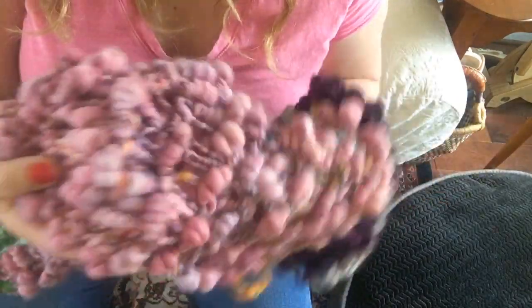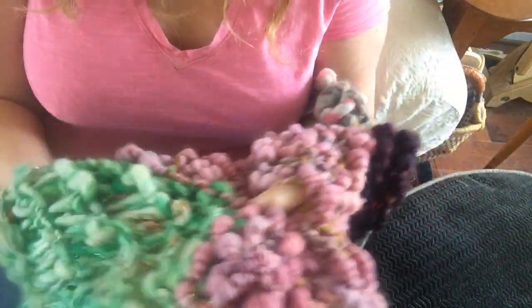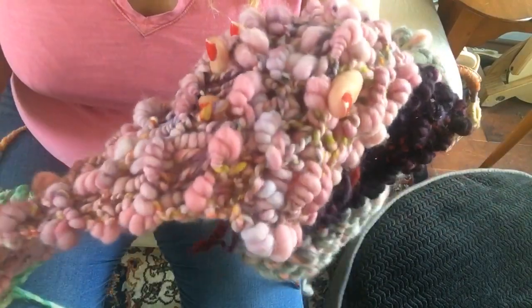The reason this scarf came to be was, here, I'm just gonna pivot it down to where you can see, my FiberShare partner, instead of just sending me fiber, was super great and sent me this beautiful beehive yarn that she spun. She was also a spinner. So she sent me some that she'd spun. My bad, dying, sorry. So she'd sent me this that she'd spun, and this she'd spun, and this she'd spun,